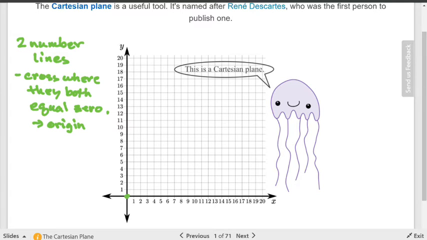You'll notice that one number line is going horizontally. Horizontal means flat, right? Okay. So, this one's horizontal, and that one is called the x-axis. Axis is just the name for the number lines, okay? So the x-axis. The x-axis goes from left to the right,